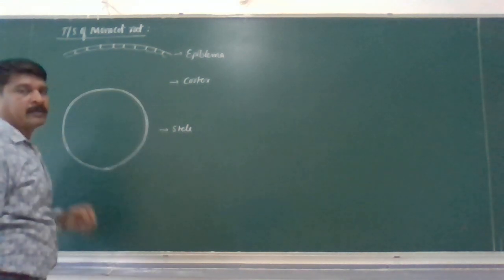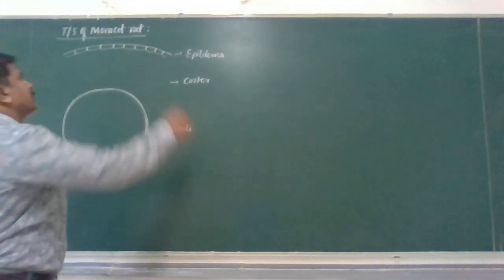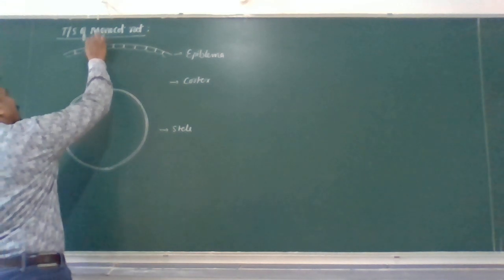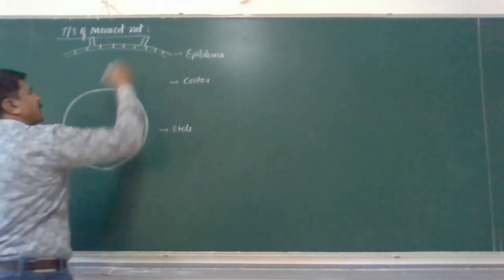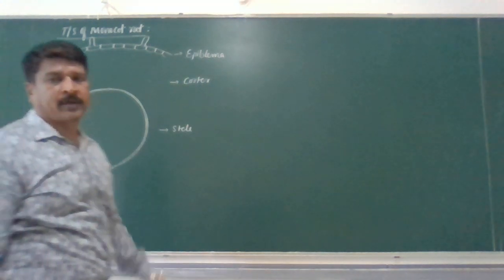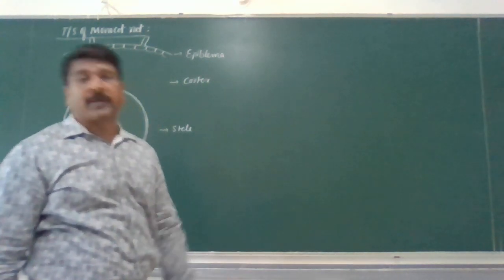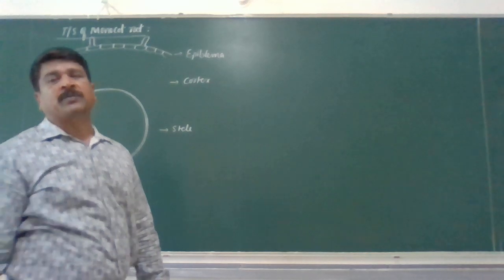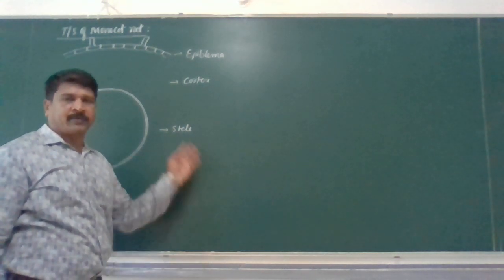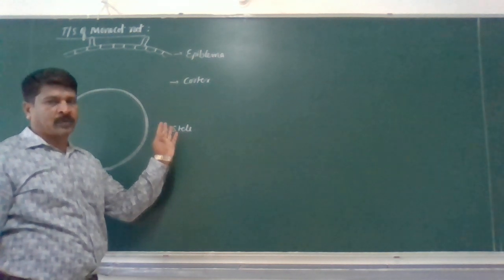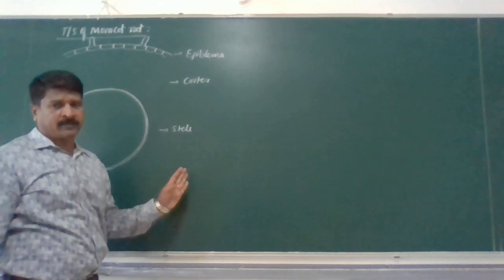No difference at all. Here also, it is made up of a single layer of compactly arranged thin-walled parenchyma cells. Some of the cells produce unicellular outgrowths, I mean root hairs, meant for absorption of water and mineral salts from the soil. Got it? We have completed that already in the dicot root. Same only, no difference at all.